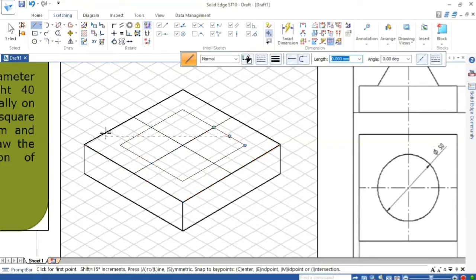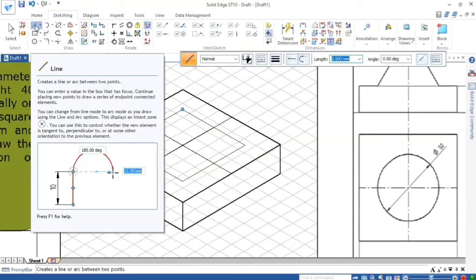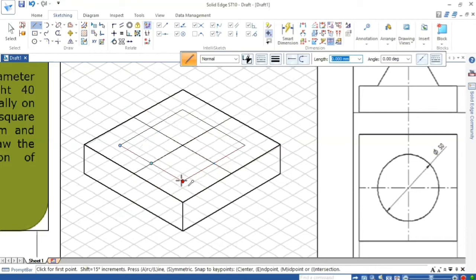Once you construct the square of 50, you have to construct the ellipse inside it, since our circle should be an ellipse. How to construct the ellipse? I already told in the previous problem. Take the line command from a corner to the midpoint of a side, and draw a line to the midpoint of the opposite side.